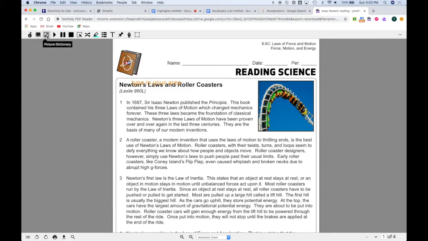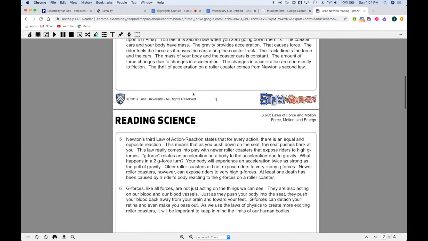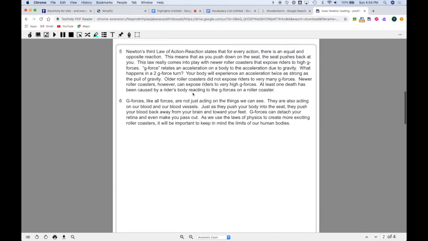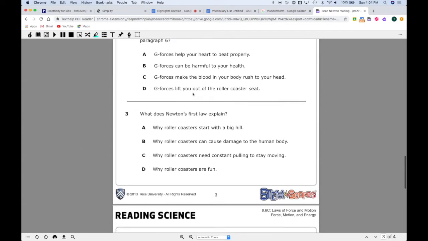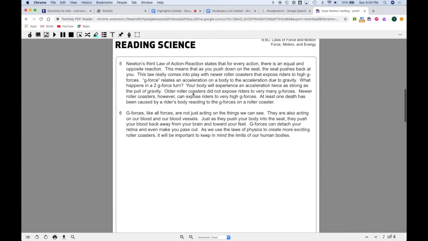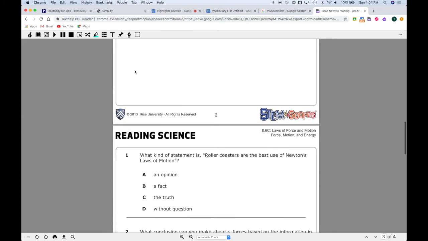The dictionaries, the text to speech. This one is called Screenshot Reader. This is powerful in terms of reading captions. So if there were any captions, you might want to use Screenshot Reader. It will read basically anything that is captured within it. So for instance, if I was to use it,